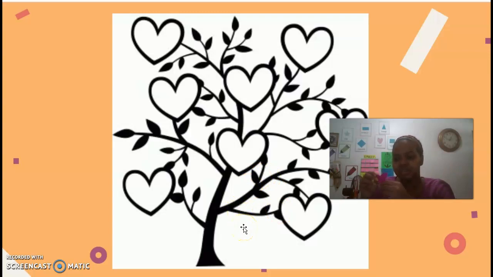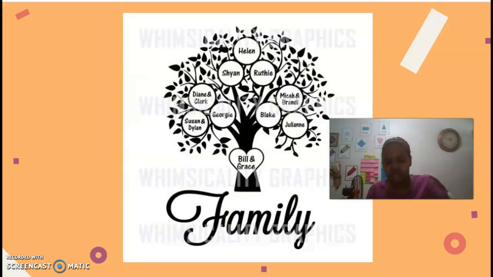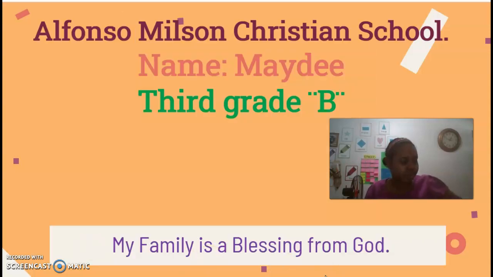When you have the hearts, you are going to paste them on the tree that you already drew. And at the end, you're going to have something like this. If you have 1 picture of your mother and of your father and of your sister, you're going to paste the picture here on the heart. If you don't have a picture, you can write down names just like the ones that I have here. And when you finish, you are going to write here on the back,